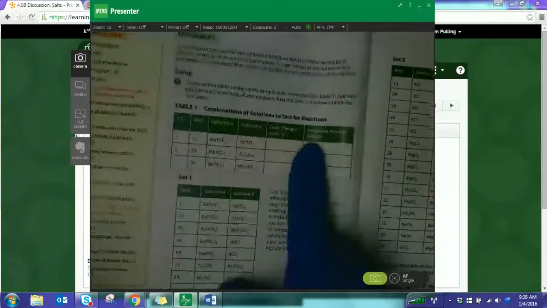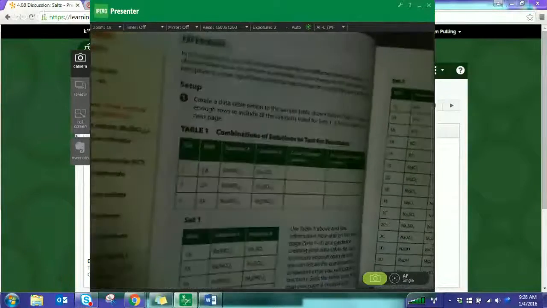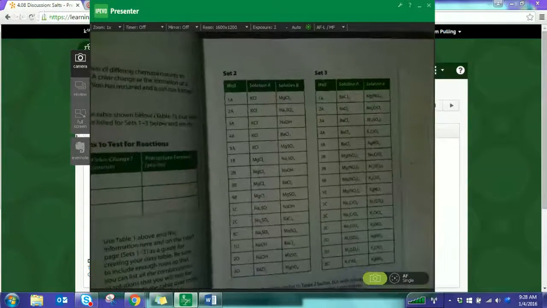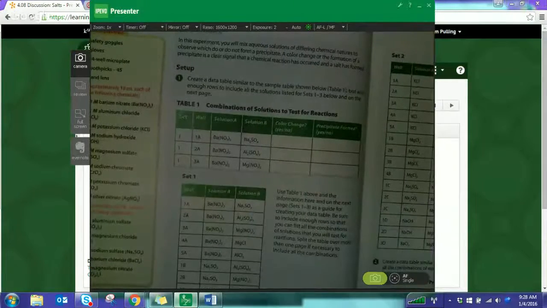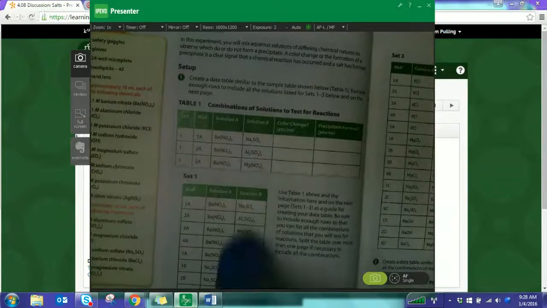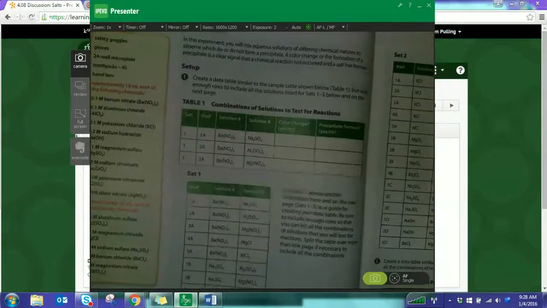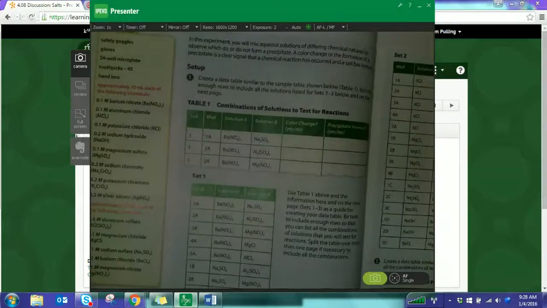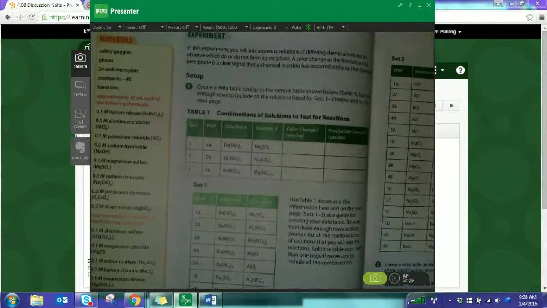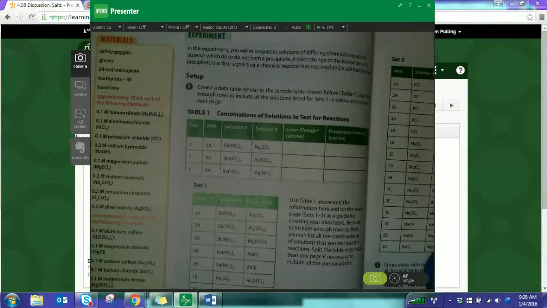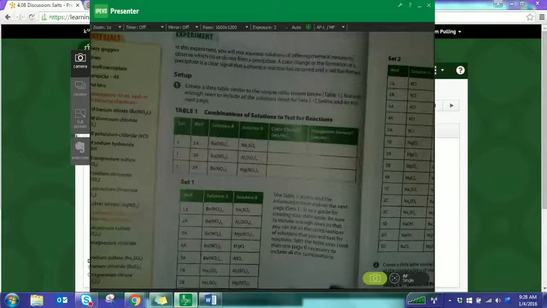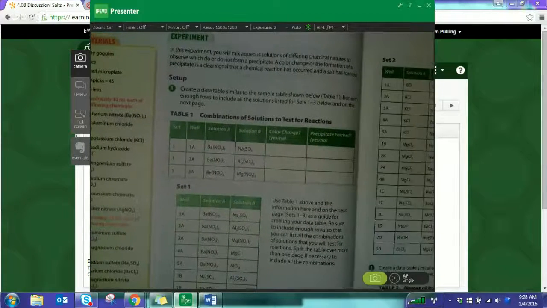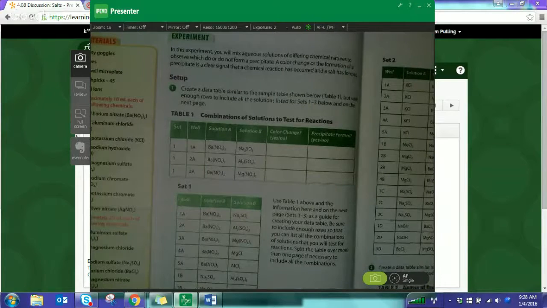So either set up a table like this one with all reactions from set 1, set 2, and set 3, or very lightly in pencil, and you're going to go back and erase it later. Make some sort of marking in the book here so that you know which ones reacted and which ones didn't, right? And then you just got to follow along, and start combining your chemicals. Now, it says on the next page,